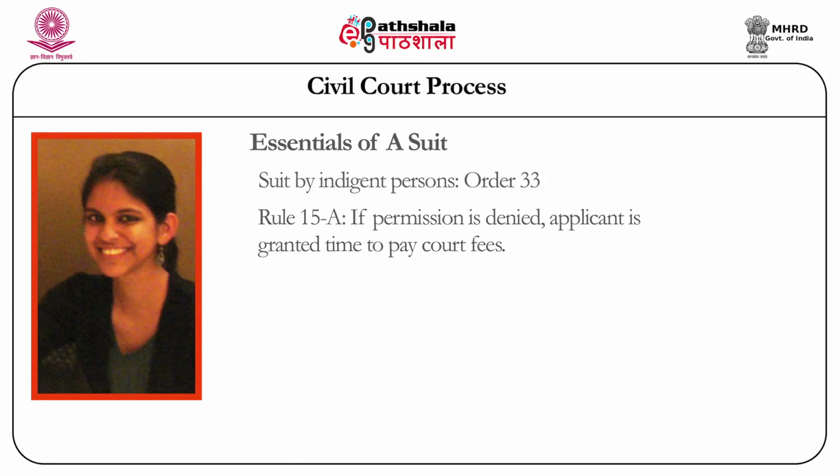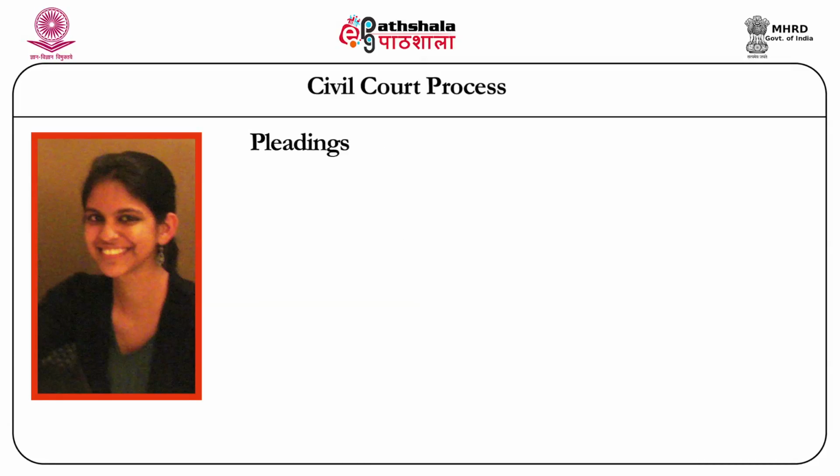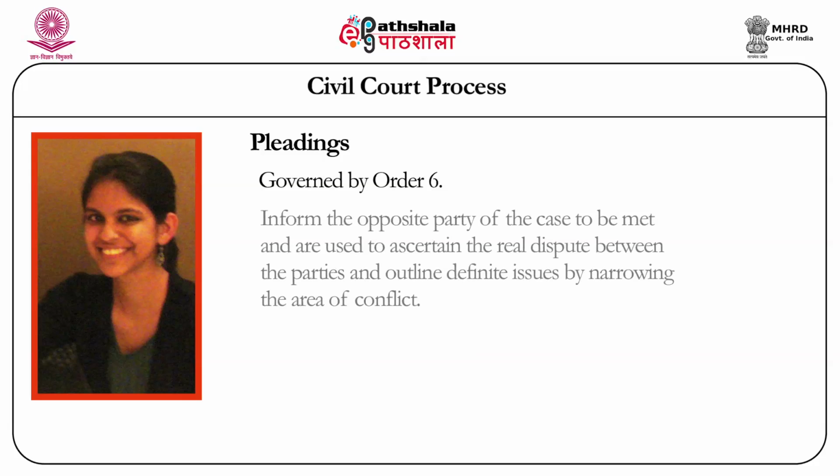We will now proceed to study pleadings, which is a very important step in the civil court process. Order 6 deals with pleadings in general. The object of the plaint and written statement is to inform the opposite party of the case to be met, and they are used to ascertain the real dispute between the parties and outline definite issues by narrowing the area